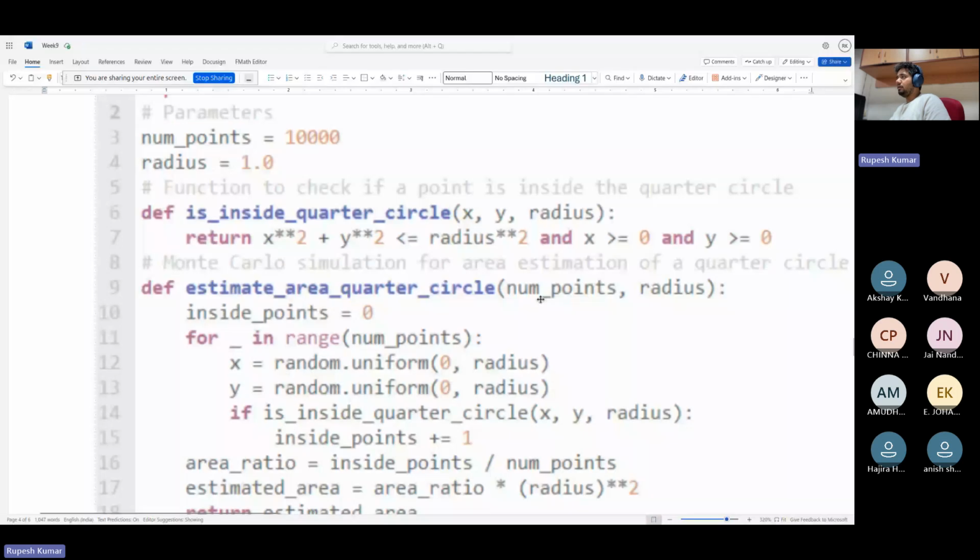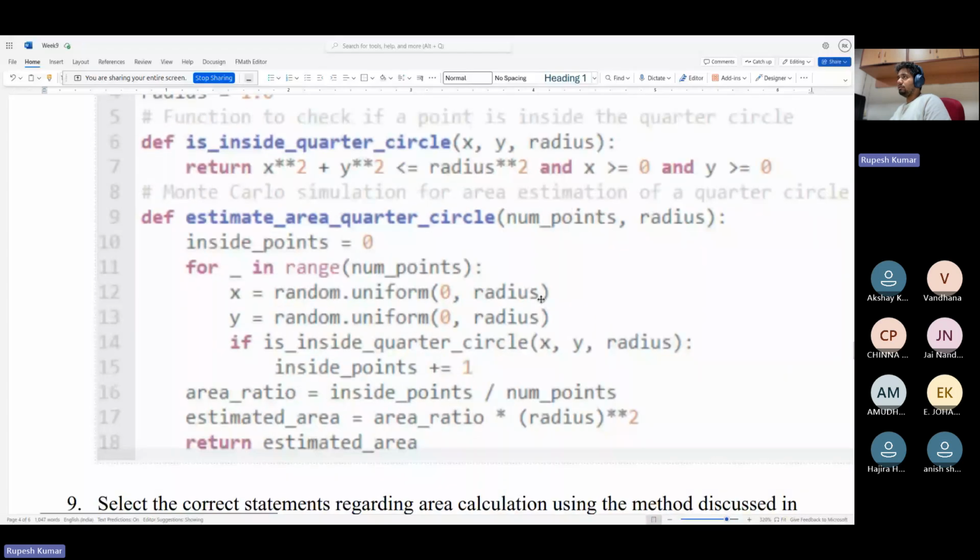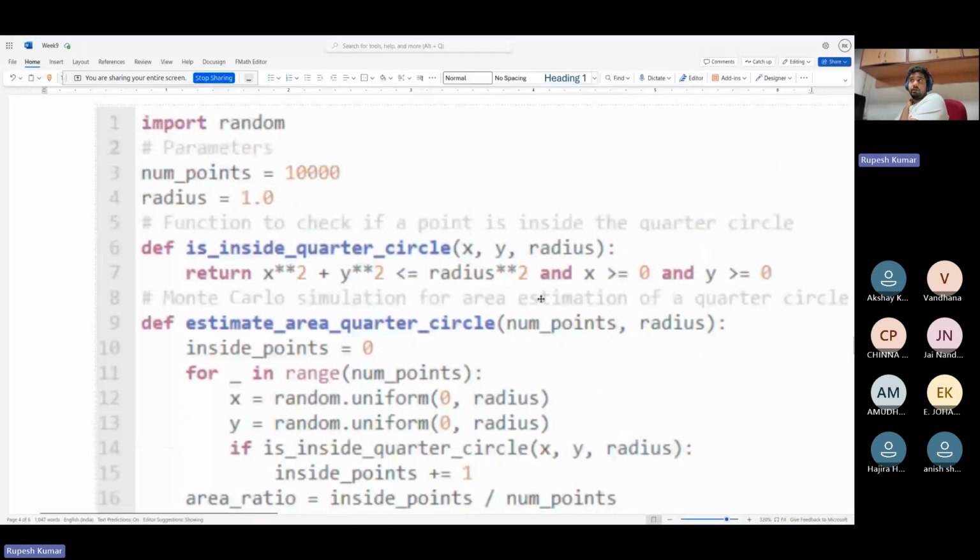So let us see the program. What it is doing: initially we are importing the random library. Then we are generating 10,000 points, and we are defining the radius to be 1. Then we are defining a function is inside quarter circle to check if the generated sampled point is inside the